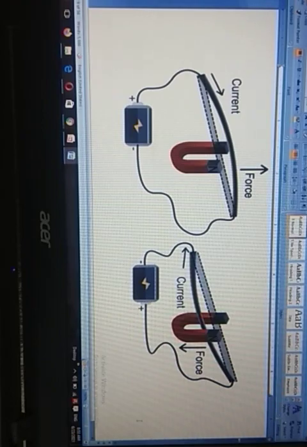In both situations, as shown, you can see positive to negative and negative to positive, two different circuits are formed here. It is showing the direction of the current, which is always taken from negative to positive, whereas if you place a U-shaped magnet, showing the north pole and south pole, it shows us the magnetic force around it. It changes the direction of the current as well as the direction of the magnetic force around it.